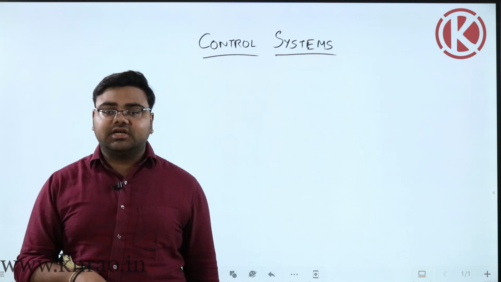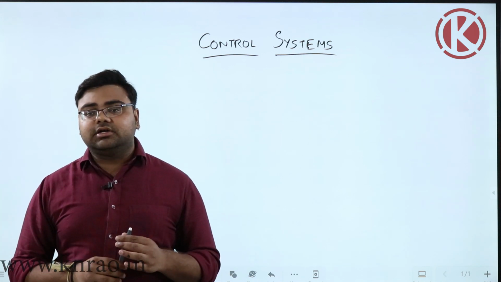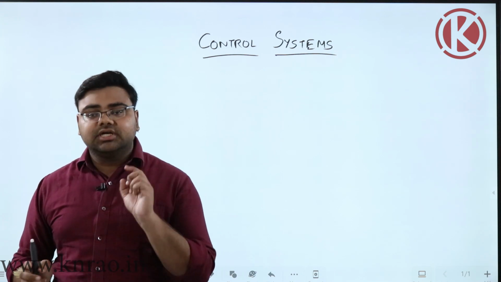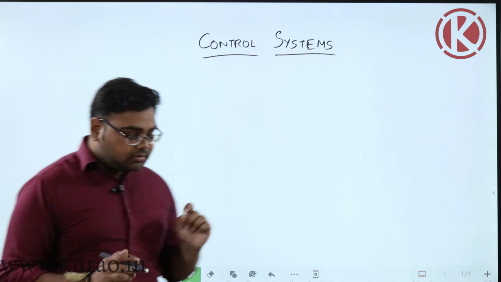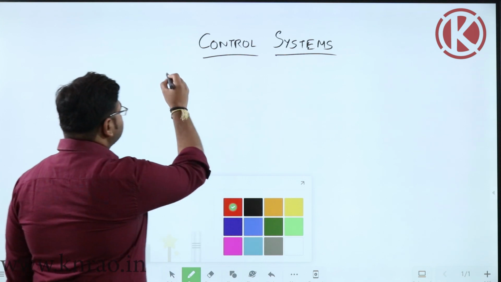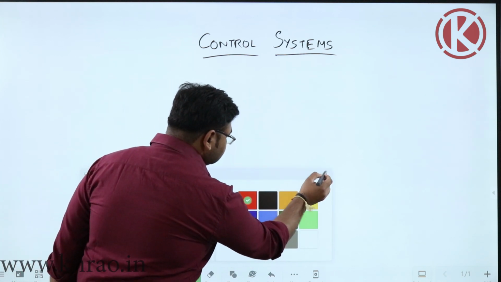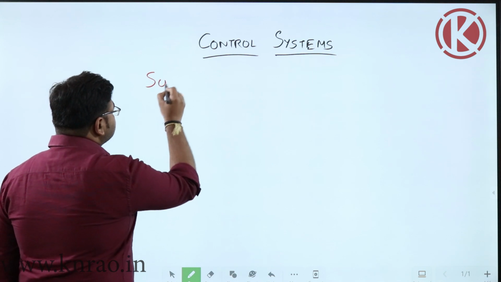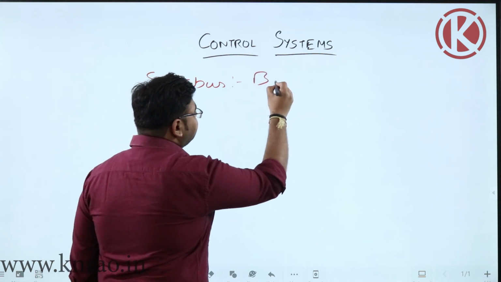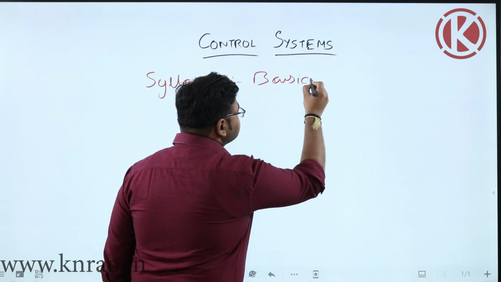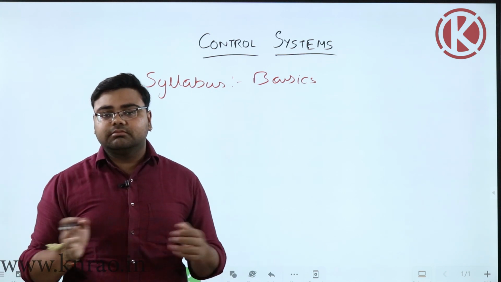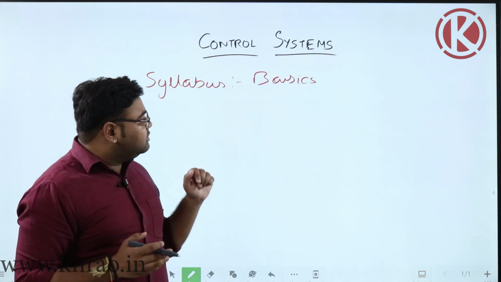So instead, what I have done is I have clubbed all of this under one topic heading, and that topic heading is called basics of control system, which will be the first part that I'll be handling. So that is the first thing. Let me just write down the syllabus here. So syllabus. Alright, so first thing I will be doing is basics. Basics of controls, as I told you, will have all the tools and so on and so forth. Followed by this,